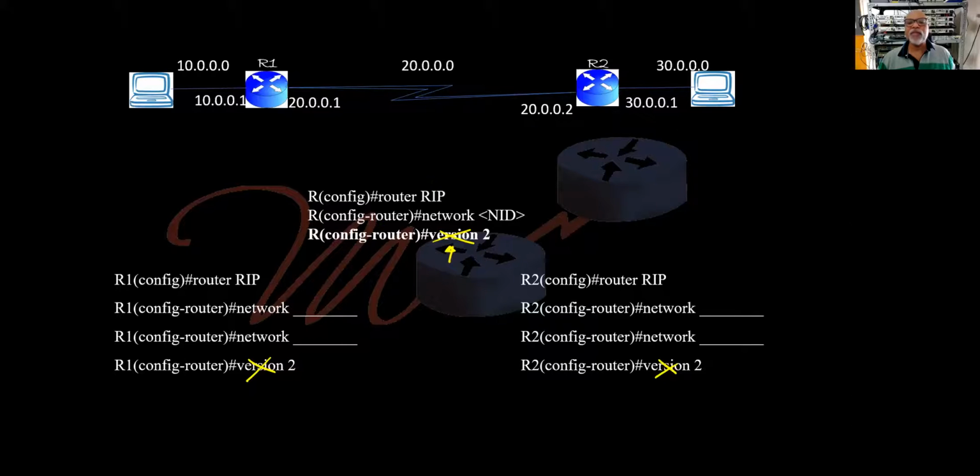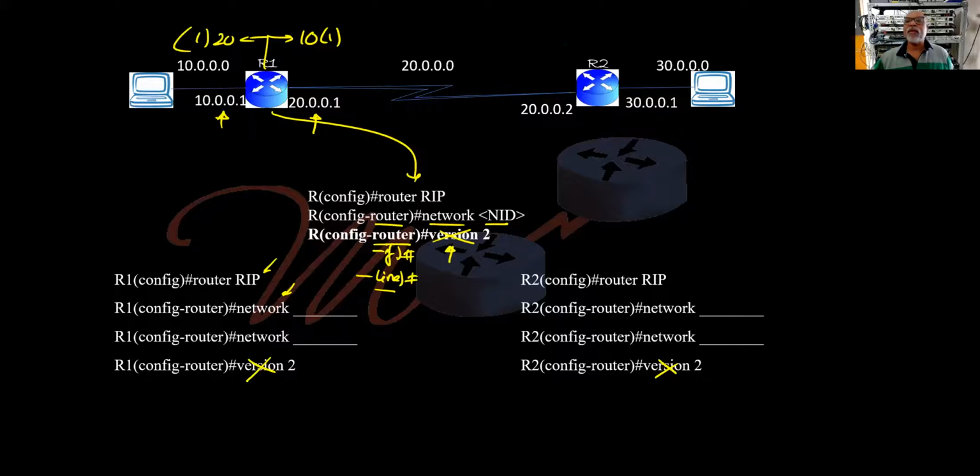So you say router RIP, see it goes to router. We have seen interface, we have seen line. So you are at the interface, you are at the line. Now you're at the protocol. You just have to specify the protocol and specify what networks are directly connected to you so that it can broadcast those networks. So simply specify the protocol, specify the network. What it will do, it will send that 10 network is 1 hop away. It will send in reverse that 20 network is 1 hop away, right? Because it already knows 10 and 20.